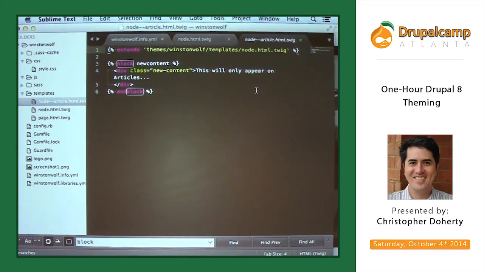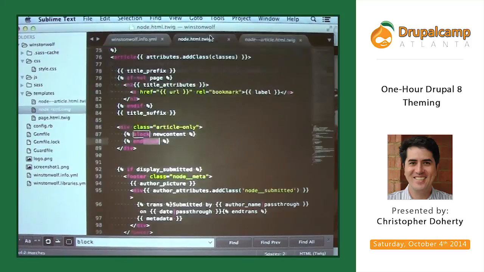Can you go back to the regular node template? It just seems weird because the syntax is the same in both places. You're saying block new content and endblock. Why in one template is it actually outputting it, and in the other one, the same syntax simply defines it?